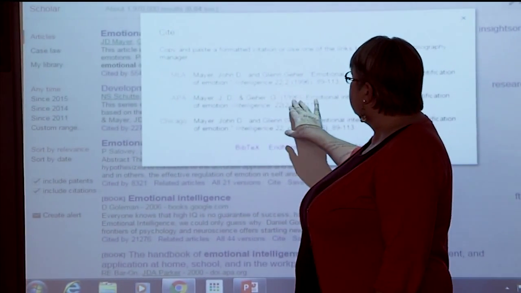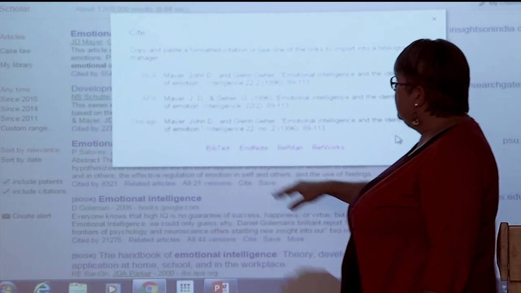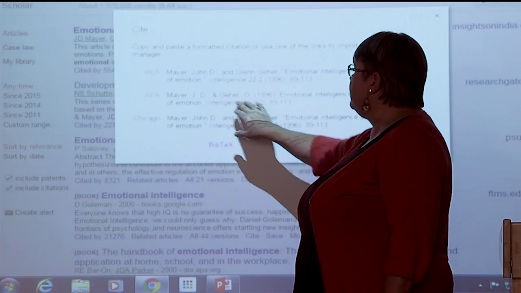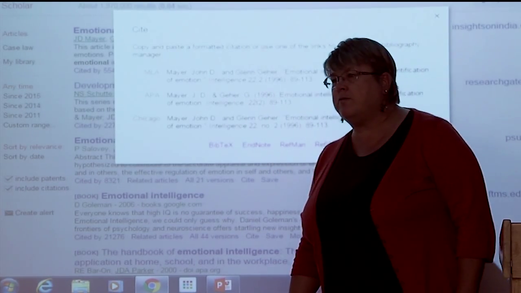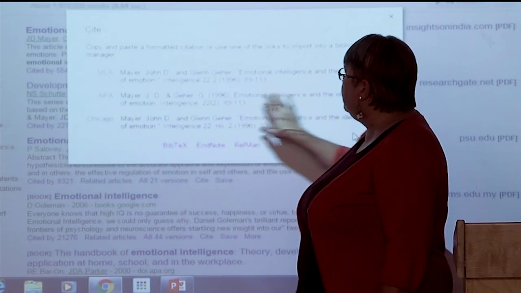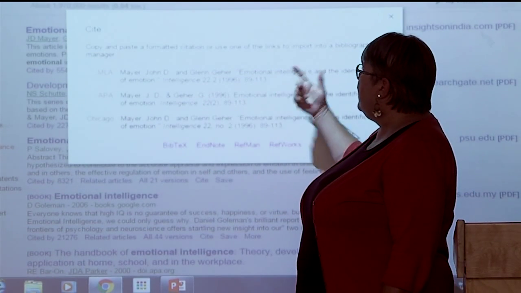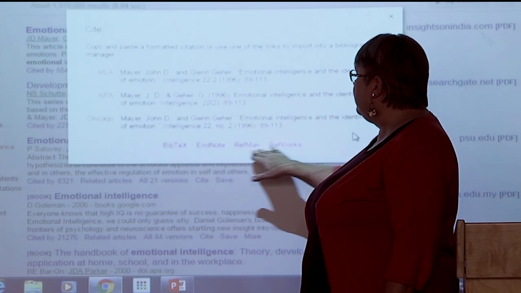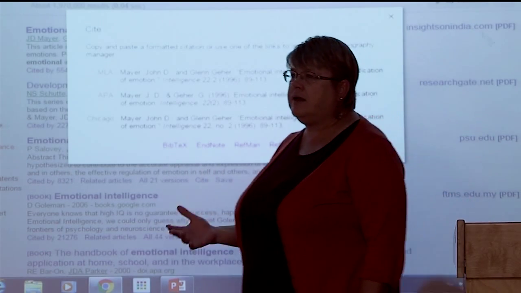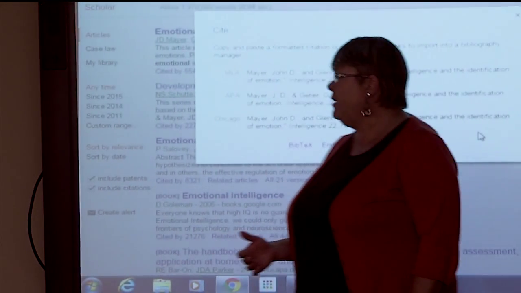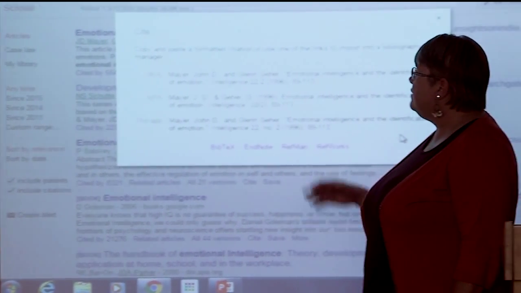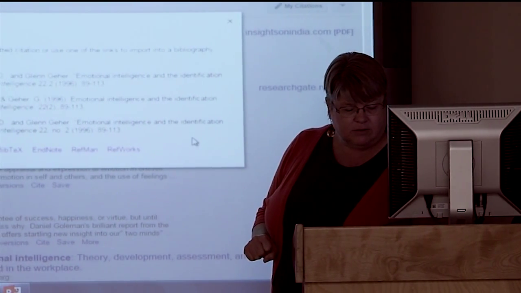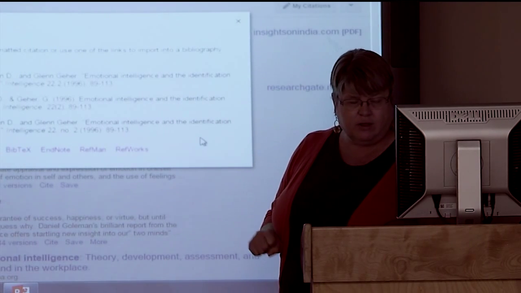So I've got the authors, the year, title of the article, title of the journal, and so this is correct because it provides all of that information for me. And so I've got that here where I can get that. So once again, I can copy and paste it, or if I'm using like EndNote or RefWorks or some of these, I can download it into there, depending on which one I might be using. So there's lots of different places, trying to see if I hit all of them that I wanted to hit in terms of how you can do that.